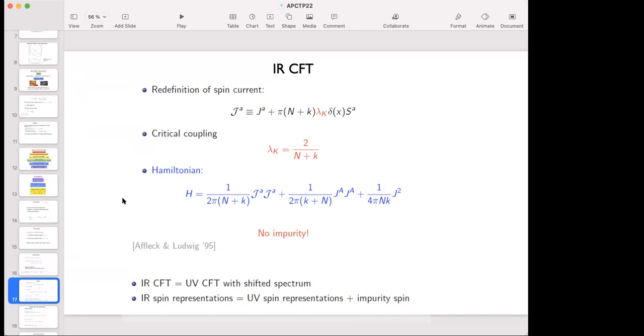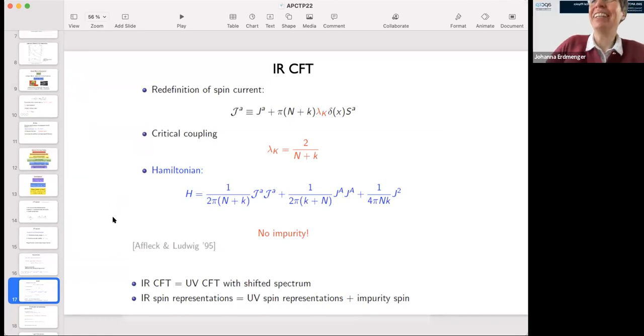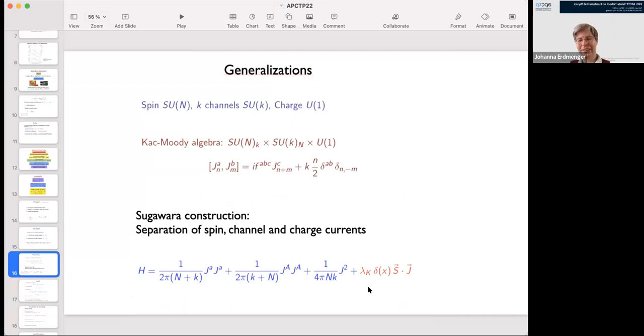Was there any argument why we can neglect the delta squared x term? Yes, I think there's an argument why we can. That would be some kind of ultra local term, and then yes, it's a good question, but there are some arguments why you can neglect the square term in this.